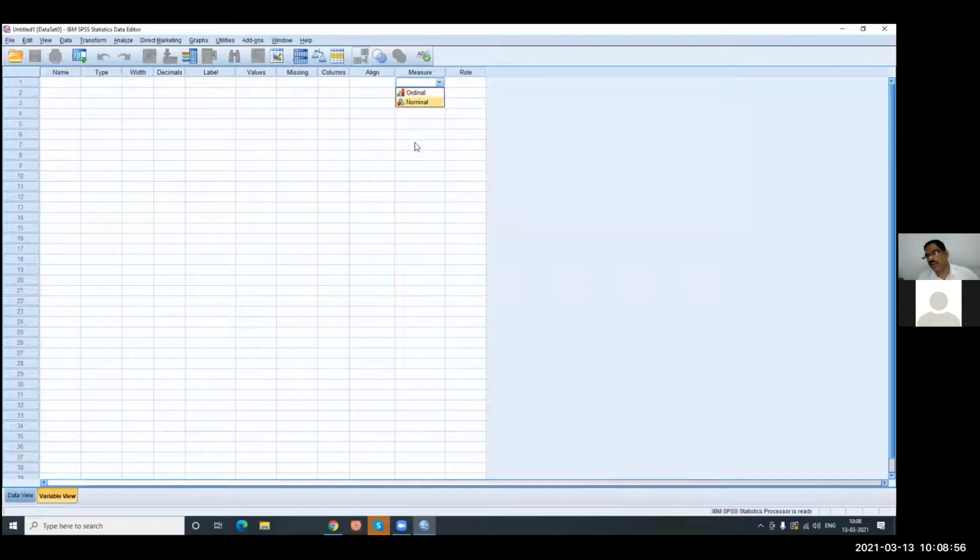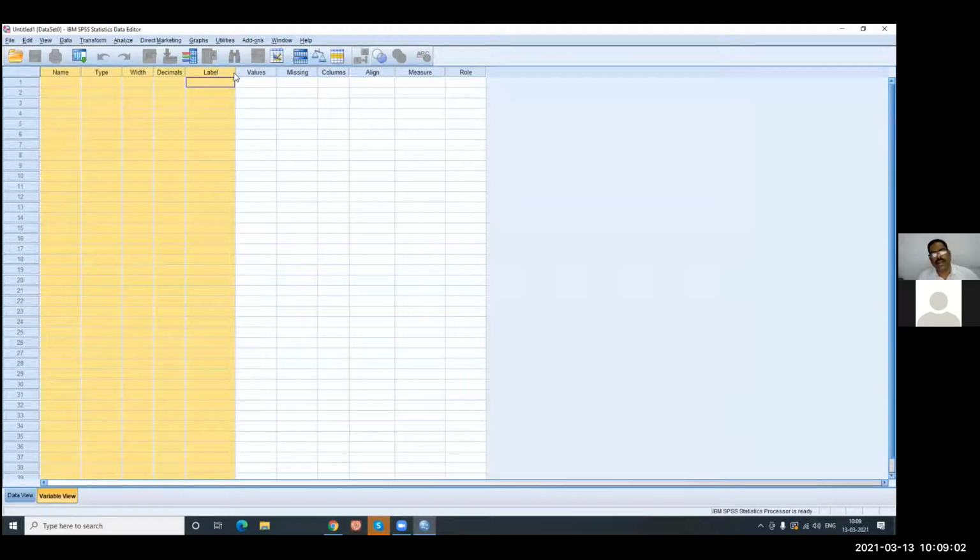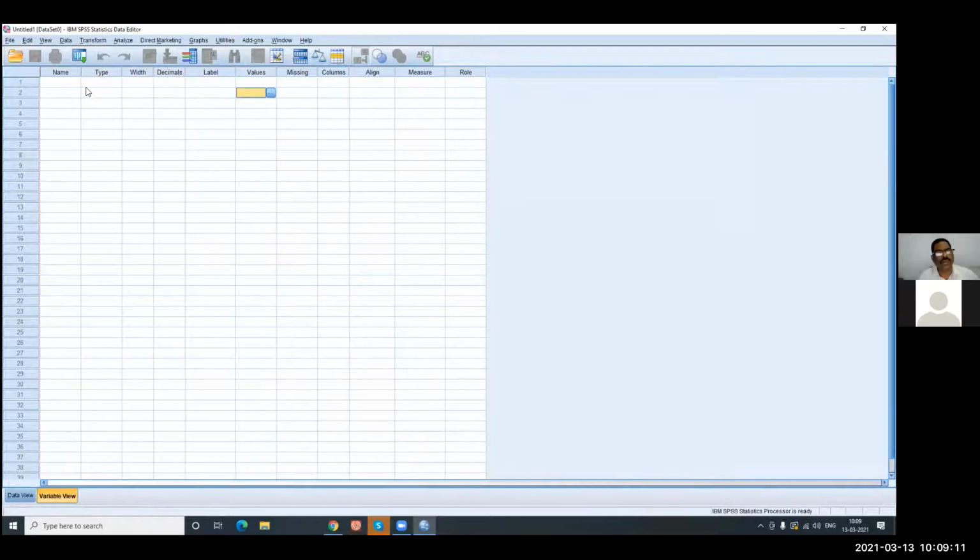Measurement scales, ordinal, nominal, etc. You define them. And basically, in some cases missing values can also be defined, and for all the others, by default it will take on its own. Okay, so